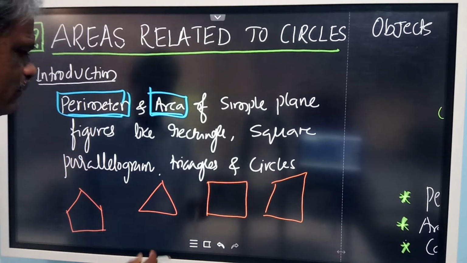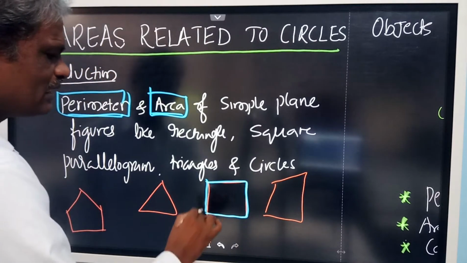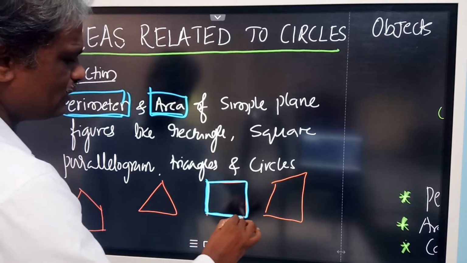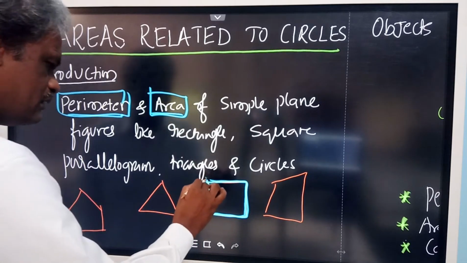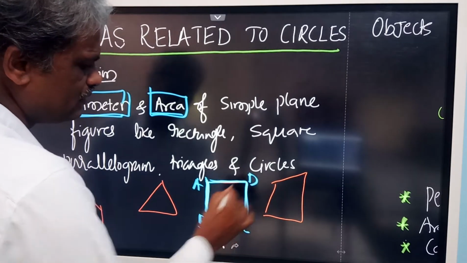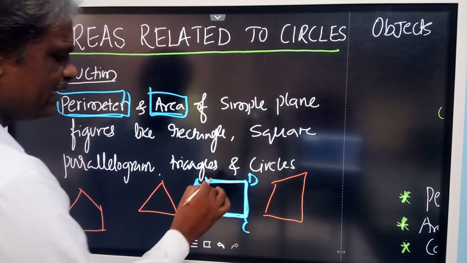So what does perimeter mean? The distance around this closed figure, or the length of this boundary, is called the perimeter. The total distance around the boundary. Suppose this is A, B, C, D, then the length of AB plus BC plus CD and DA gives